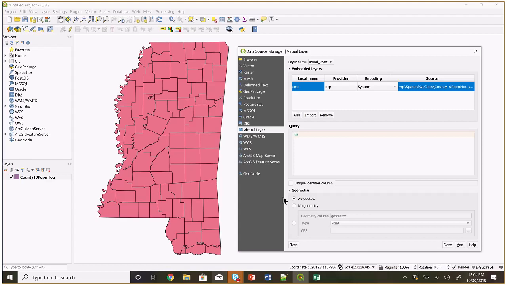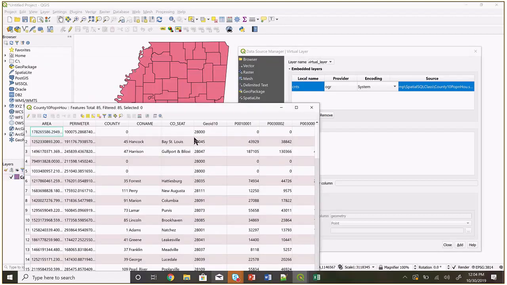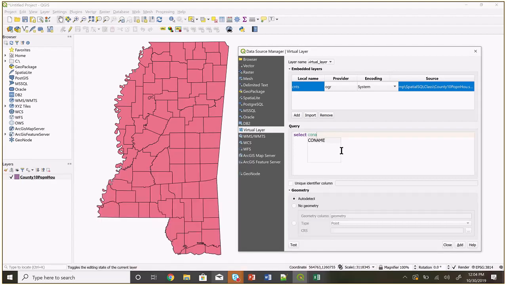So we always type in select. And again, we don't have to capitalize it or lowercase it. The actual keywords aren't case sensitive. So here I can select which attributes I want to include in my output table. I don't have to include them all. So let's say I just want the county name